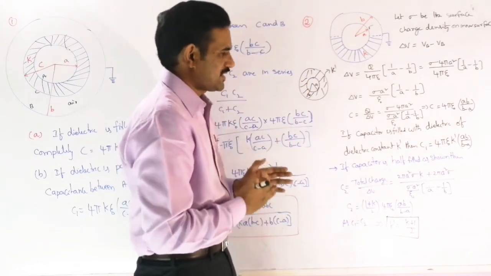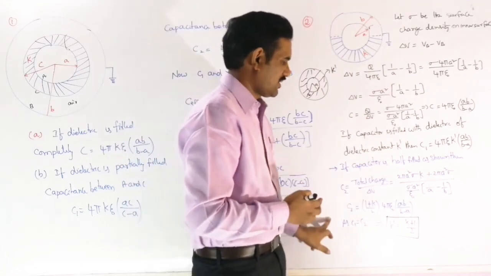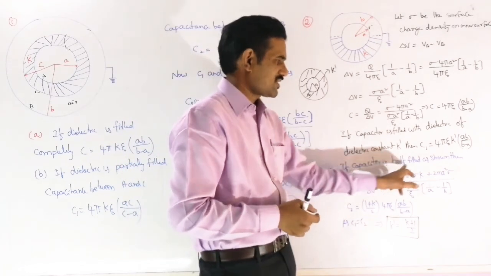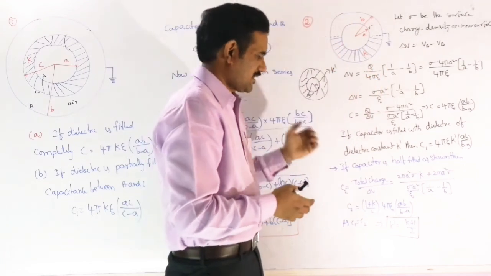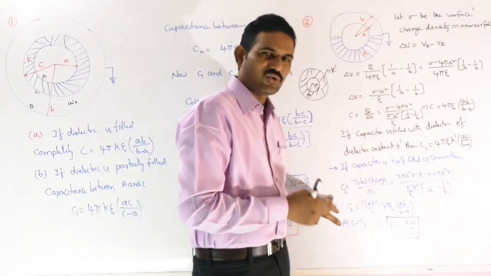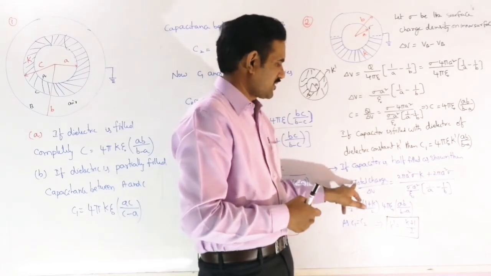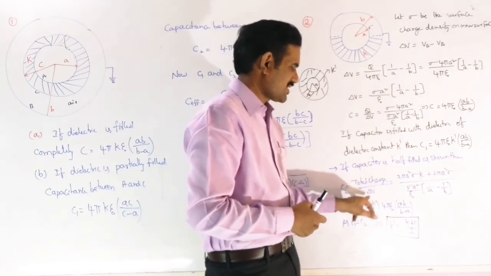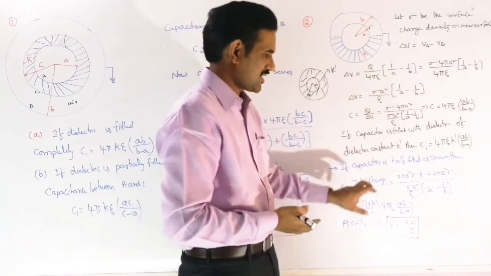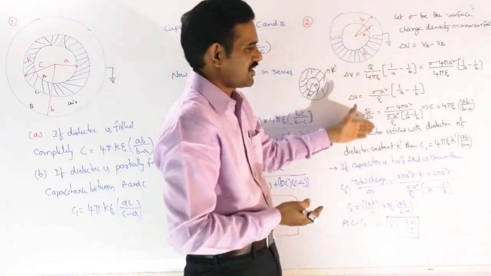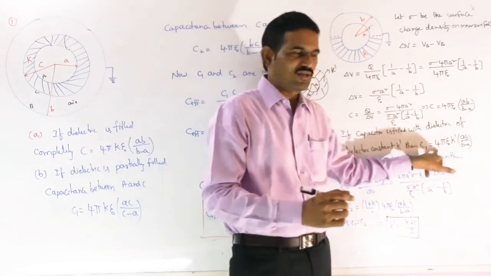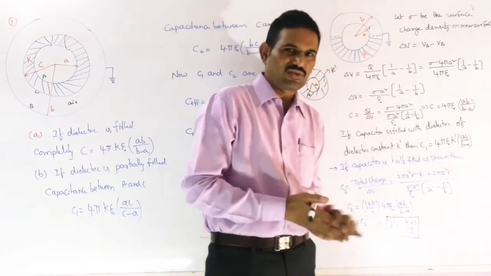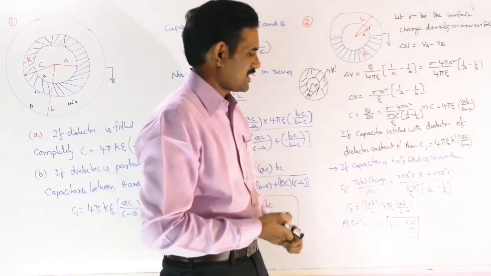And next, this part is important actually. This part is when the capacitor is half filled as shown. If it is filled like this, then you can write the total capacitance of that system like this directly: the total charge by the potential difference. Otherwise, this expression you can directly write from our previous problem, directly mention this C1 expression here. And now let us see this calculation.